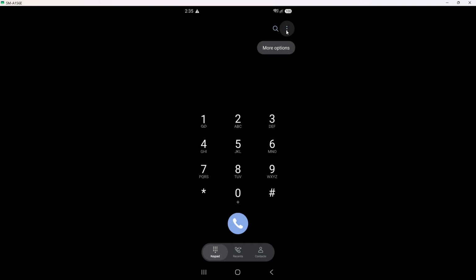Once you are inside the phone app, tap the three-dot symbol in the top right corner of the screen. This menu icon may look small, so take a moment to tap it carefully. When you tap it, a drop-down menu appears under the dots with several options related to calls, contacts, and settings. If you do not see settings in that menu, you probably tapped somewhere else on the screen, so just tap the dots again. From there, tap Settings in that drop-down menu.